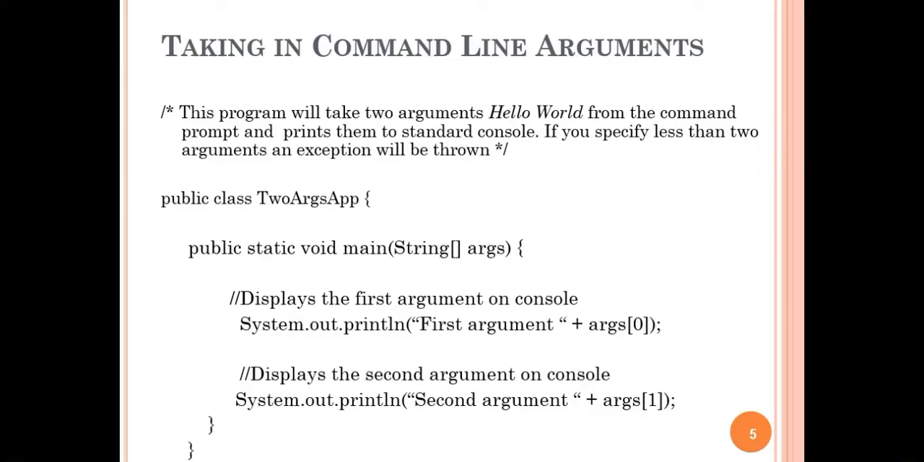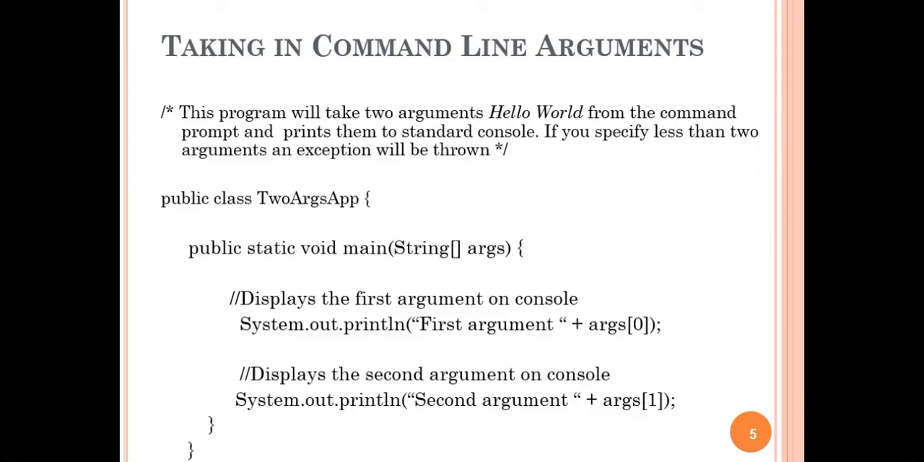Display the first argument on the console: System.out.println("First argument: " + args[0]). Display the second argument on the console: System.out.println("Second argument: " + args[1]). Passing any number of arguments, this program is able to receive any number of arguments and print them to